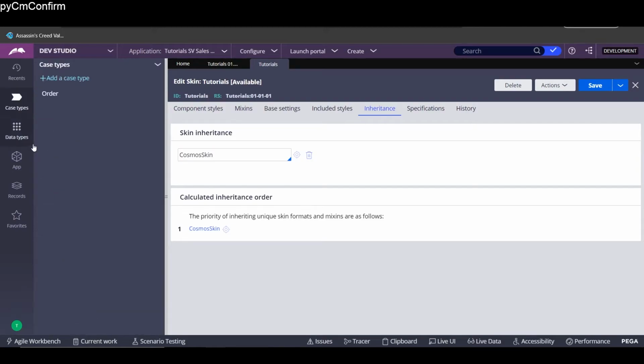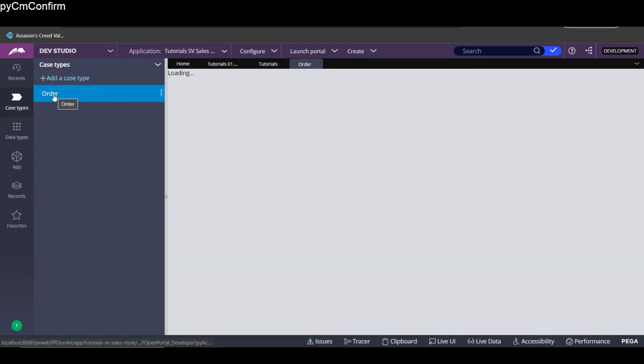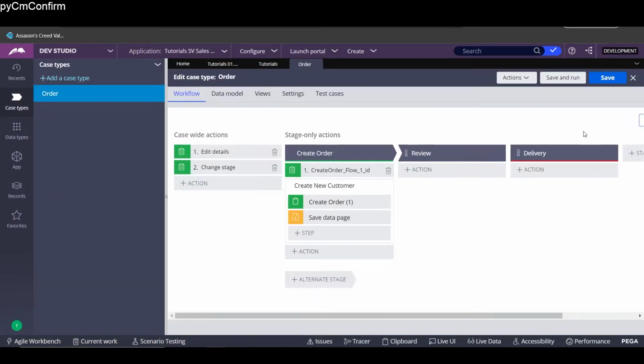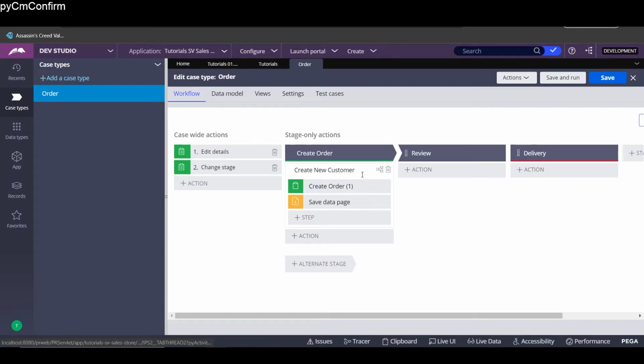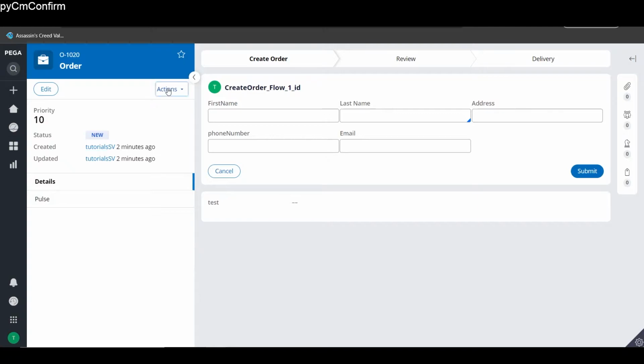In order to change it, we only need to go to the optional action in order to change the label, and we're going to remove that process that we had before, and we're going to try to add the optional action. We're going to click on save, and we're going back to order,